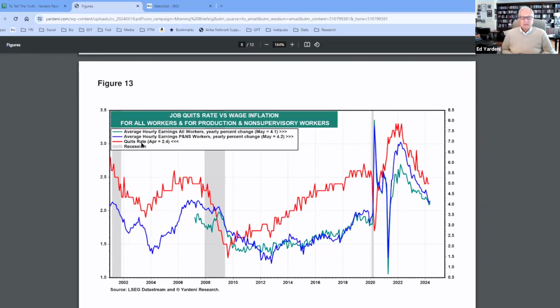If they're quitting less, that's good for productivity. It reduces your unit labor costs because productivity isn't getting hurt by people leaving and having to retrain people. So we continue to see a downward trend in quits. We don't view that as a sign that there's something wrong with the labor market. Quite the opposite. We just view it as normalizing. You can see that the quits rate is where it was before the pandemic. And so that's helping to bring wage inflation down, which is a good thing. But Powell has said that he'd like to see wage inflation down to 3%. Right now, it's running more like 4%, but it's certainly heading in the right direction.